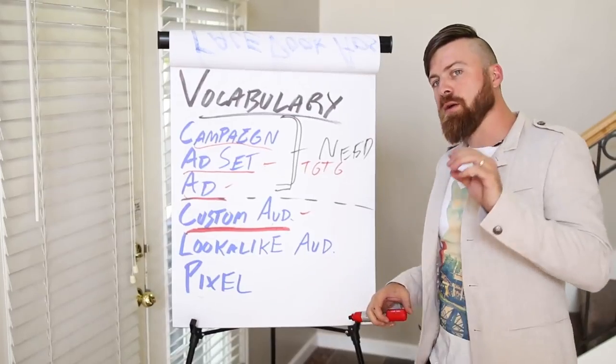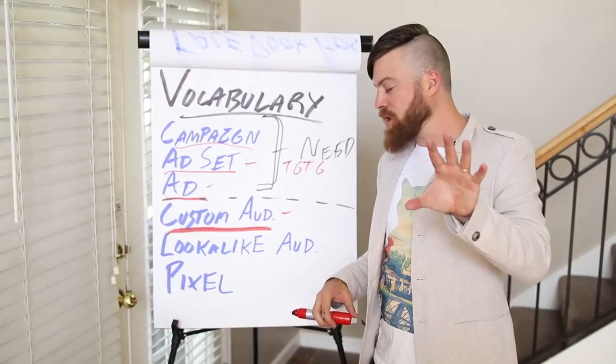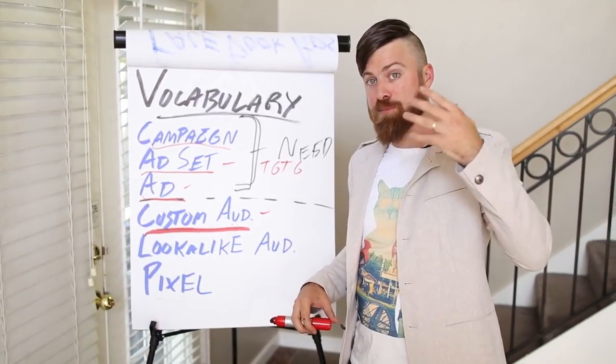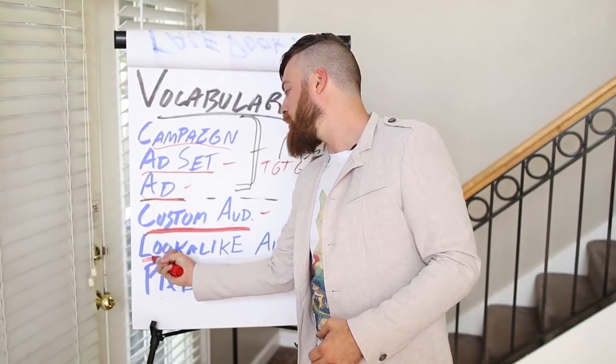Or if you're advertising for another company, you can upload a list of people who have bought their product, and Facebook will automatically match up the people who have already bought the product you're trying to sell with other people that will be interested in buying the product through their artificial intelligence algorithms. It's really advanced and works extremely well. So what I just mentioned about matching up the buyers of people who have bought your product, or have bought the company whose product you're marketing, with new buyers, that is called a lookalike audience.